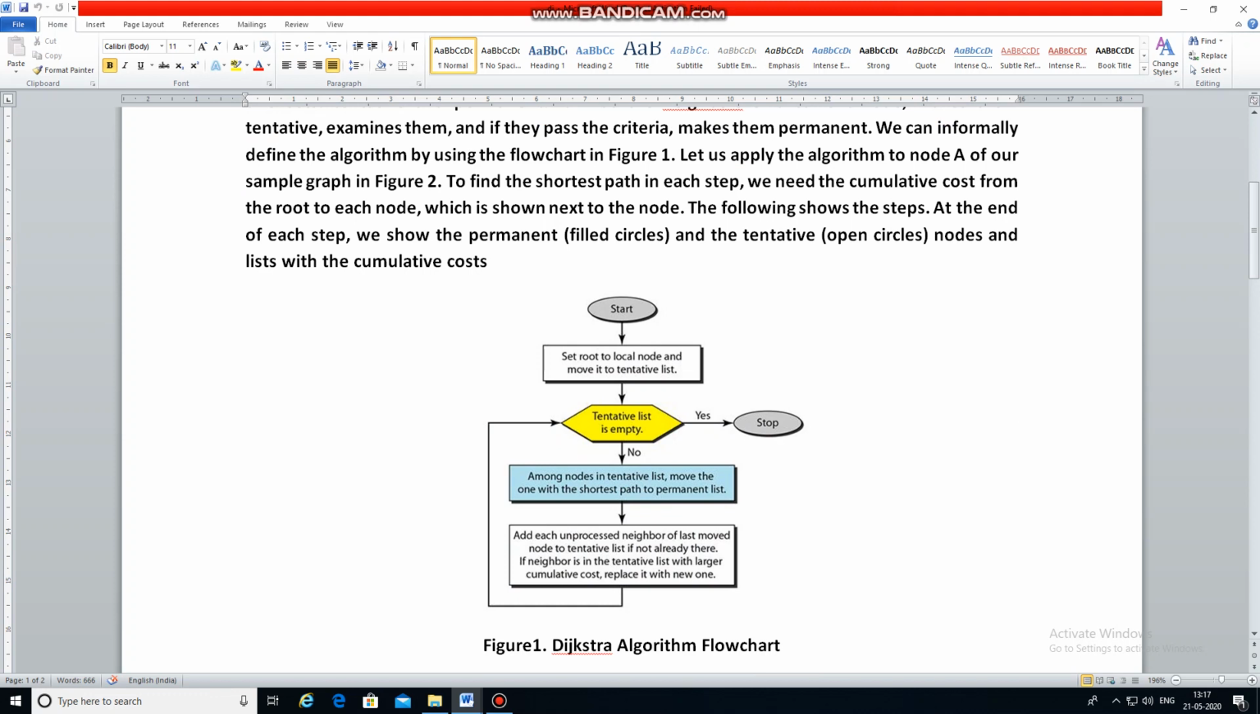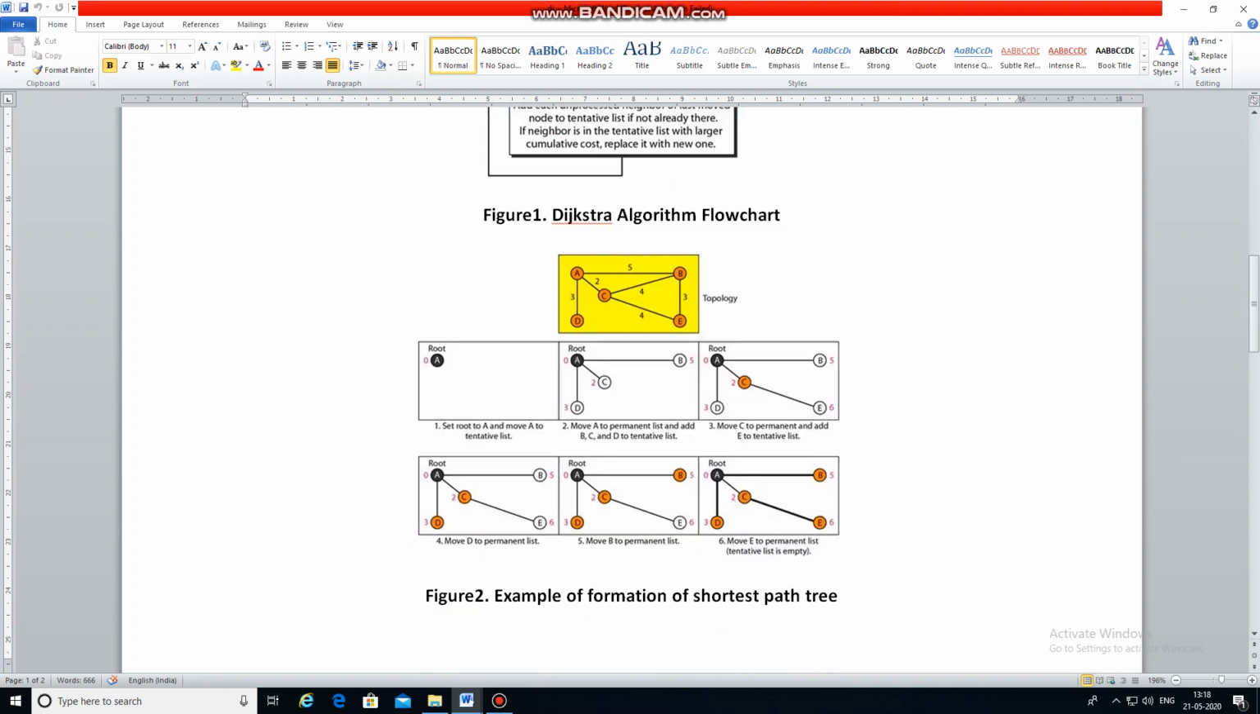Here you can see that start of program, then we have to select a root node in the topology given, then we keep on making a tentative list, then after making the tentative list we update the tentative list, right? Then we make it a permanent list, then this loop will continue until all the nodes are selected and the shortest path is selected from the root node to all the nodes in the network, right? So for working of this, let's select an example where you can see that